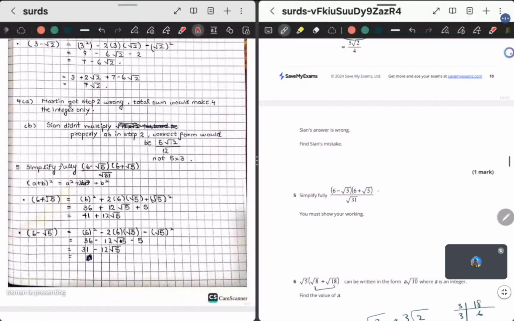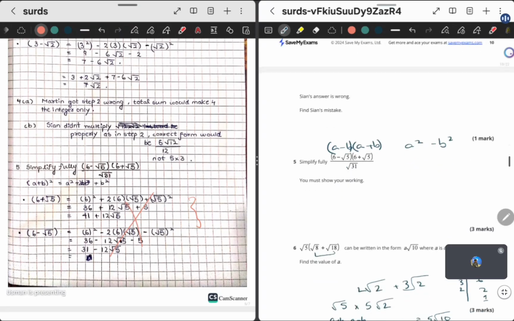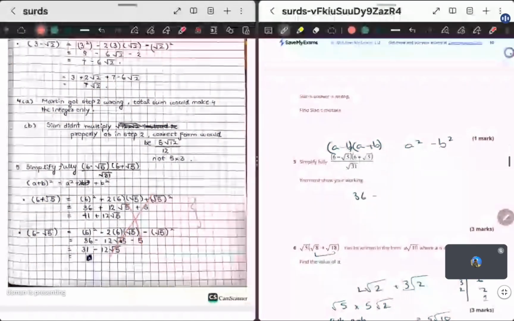So here you have a minus b and a plus b. Does that not form a square minus b square? Yes. Right. So what you've done here, all of this becomes unnecessary. Okay. So simply put, you would go a square and b square. So 6 square would be 36 and minus 5 over root 31,